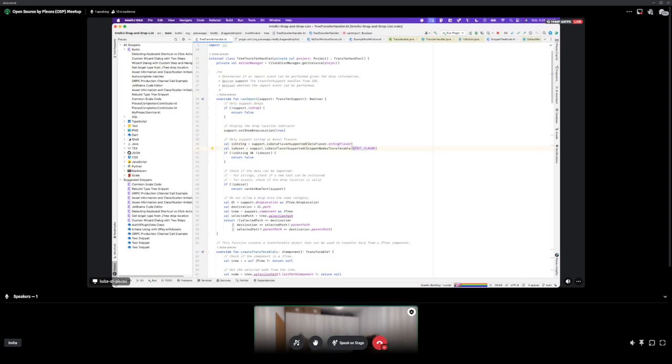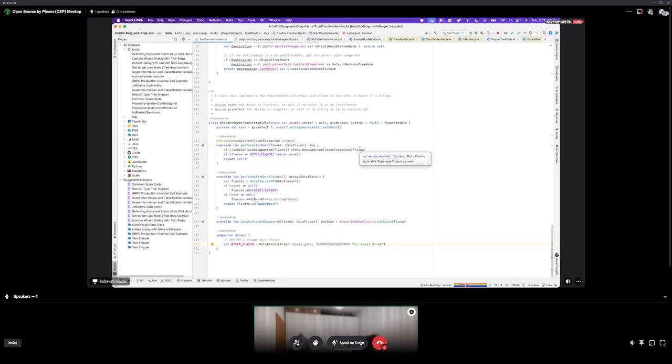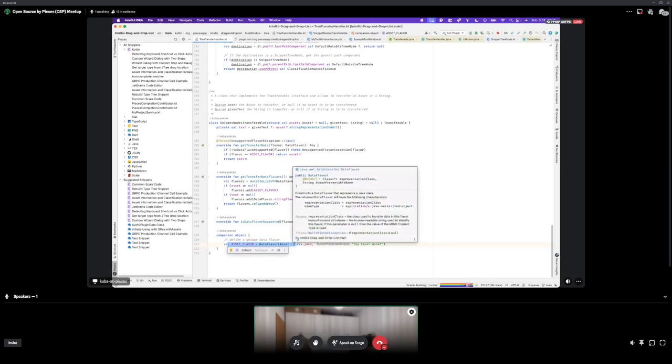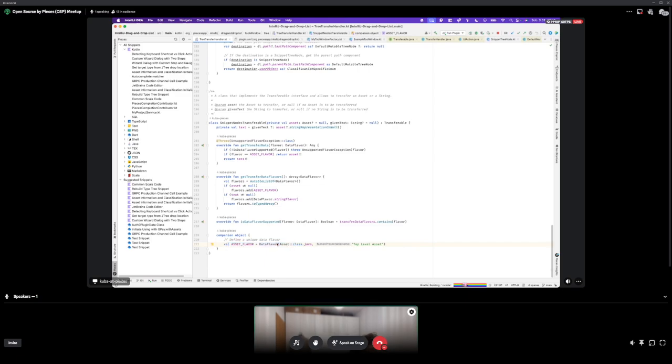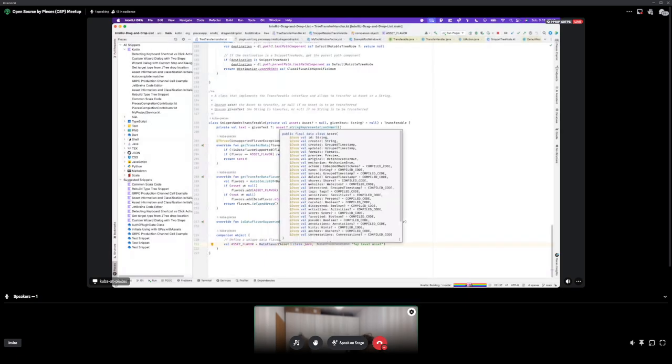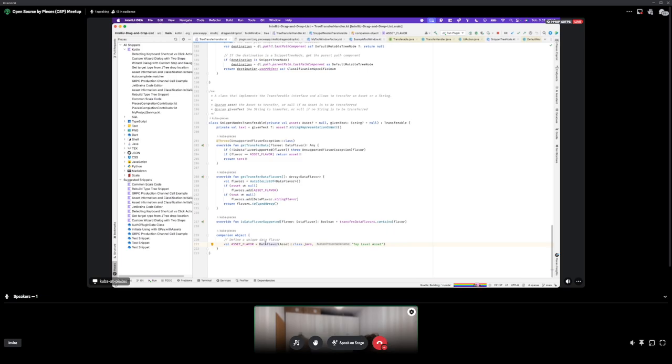And to define such a data flavor, it's actually pretty simple, because you just store some static constant somewhere in your plugin that's convenient to you and hopefully readable to others, that says, hey, we have a data flavor that is based on this Java class.